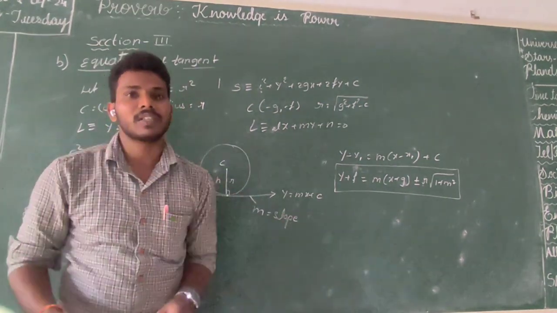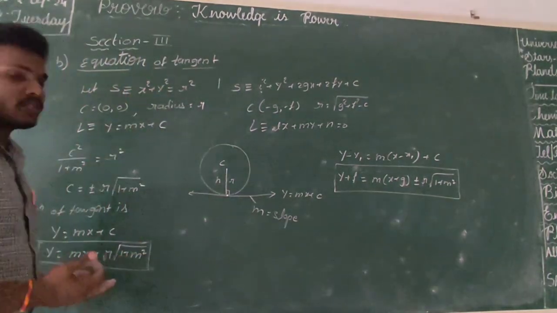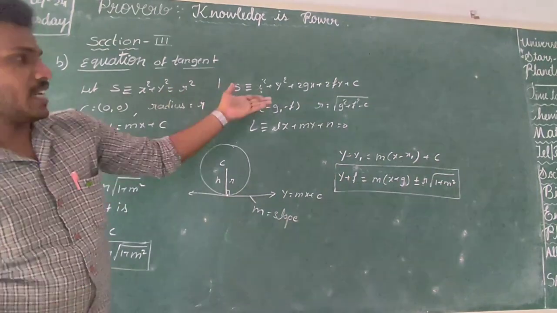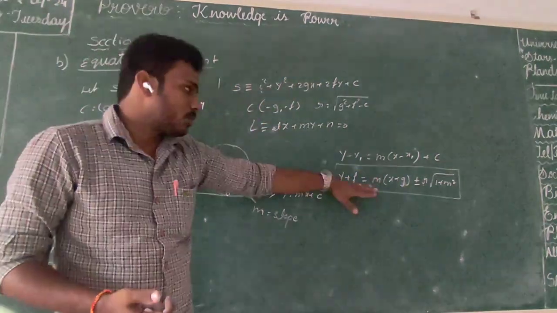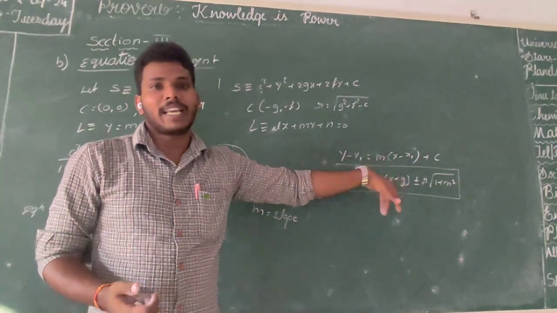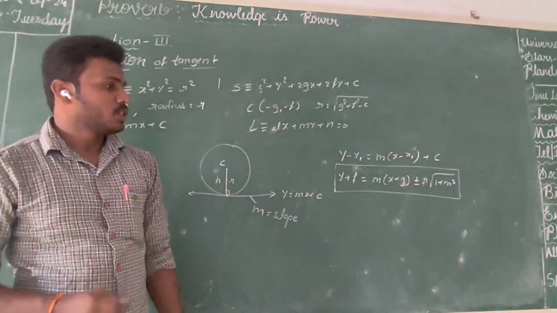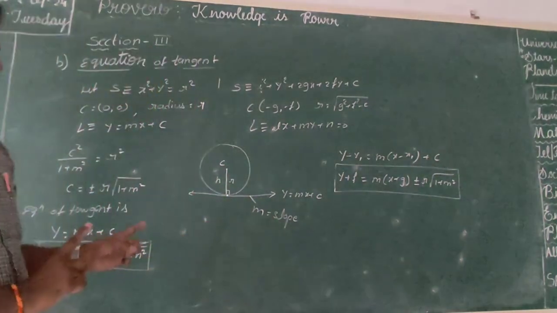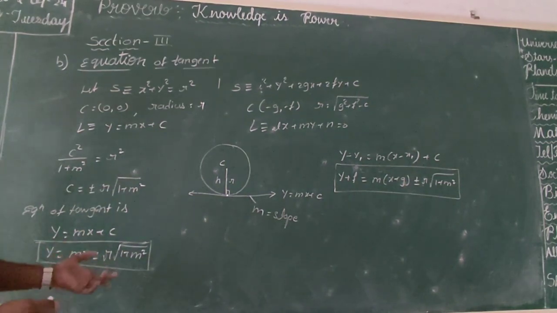So we have two types of equations. If the circle has its center at the origin, we have this formation. If the circle does not have the origin as its center, then we have to take that point also: y plus f is equal to m of x plus g plus or minus r into root over 1 plus m square. The difference is that here it is y plus 0 and x plus 0, so no need to